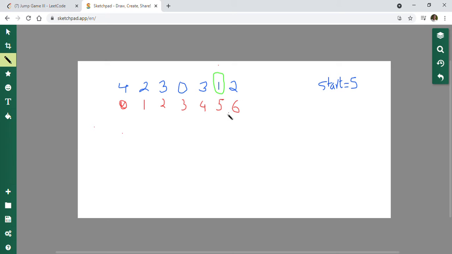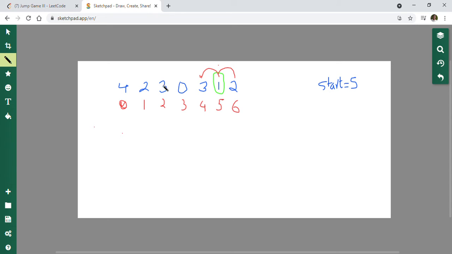So we are starting from the position with value 1, which is the start, 5. So we can go one distance backward and reach 3, or one distance forward. If we reach this 3, then we can go 3 distance backward, like 1, 2, 3.